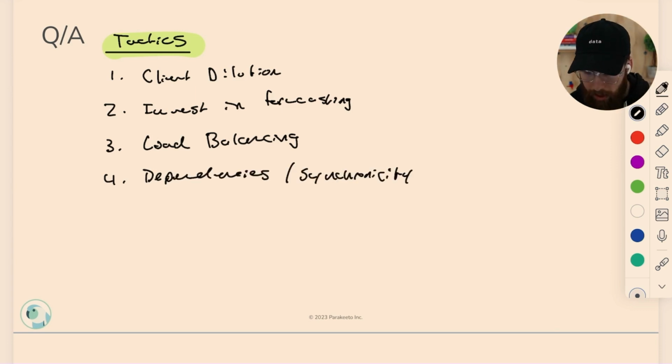Dependencies and synchronicity. This is really about the mechanics of how projects take place. It's about whether there is a handoff that needs to happen between one department and another, or a task that can't be started until another one is complete. Project managers listening to this will find it very familiar, but you really want to